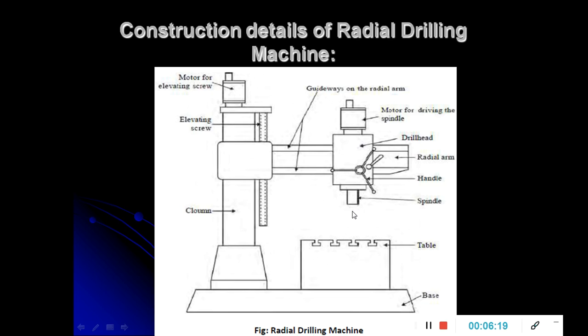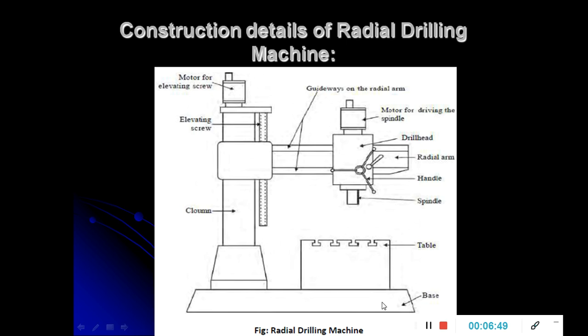and in turn it is transferred to the drill bit. So the main difference between this radial arm drilling machine and the sensitive drilling machine is that the construction here is large as compared to the sensitive drilling machine. It is large in construction, so it is mainly used to work on medium and large size workpieces. So we will study the different parts of this drilling machine one by one.